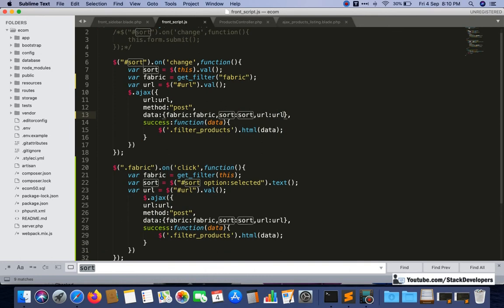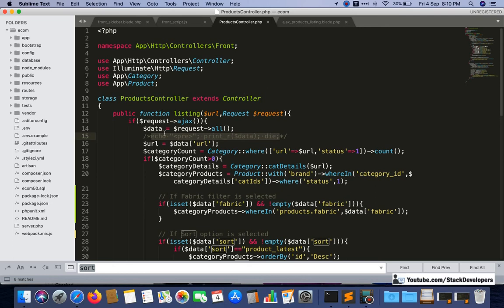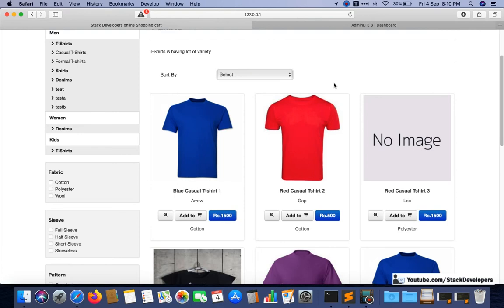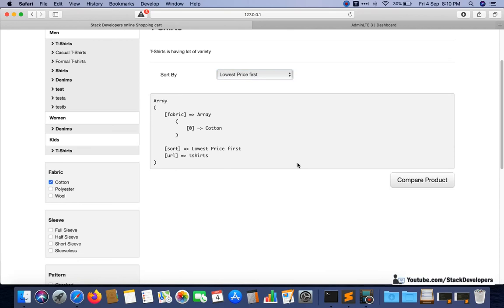So what option is left? So we can debug our code like this. Here we can debug, and we can check what exactly is coming, so that we can correct it if some issue comes. So from here, first of all, I am going to select the lowest products, fine, and after that I am going to select the cotton.